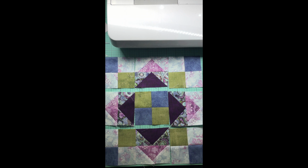So I hope this has helped you put your squares together. You can see it's going to be beautiful. So I hope you've enjoyed this,